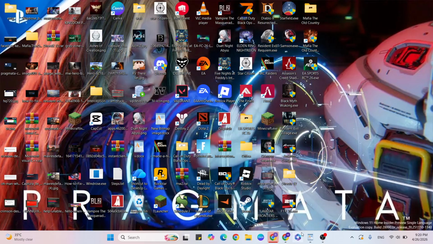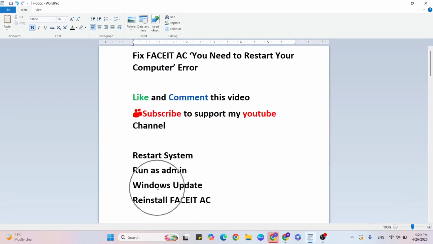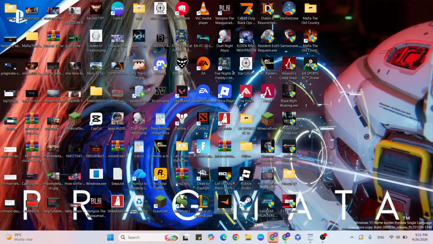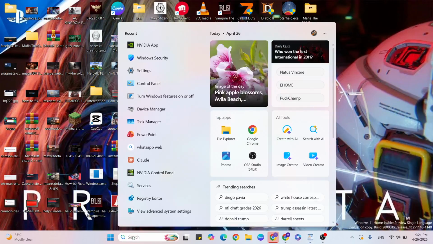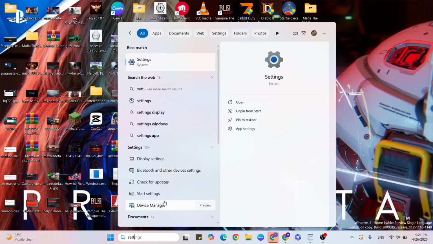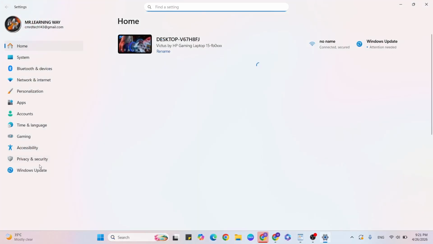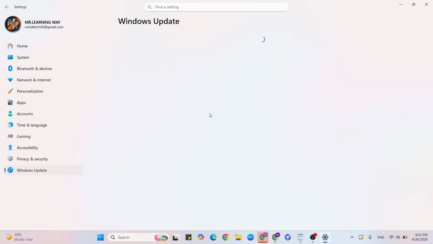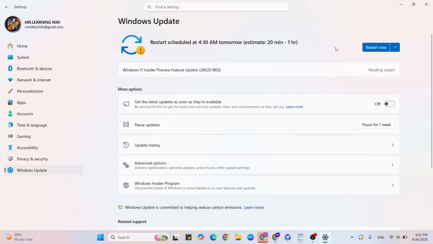Still not working, then go to the next step, Windows update. Sometimes if you don't update Windows, you will get this error. So you will go to check Windows update. We need Settings, so search for Settings in the search bar. Click to open, then click on Windows Update. If an update is available, just click the download button to install the latest version update in